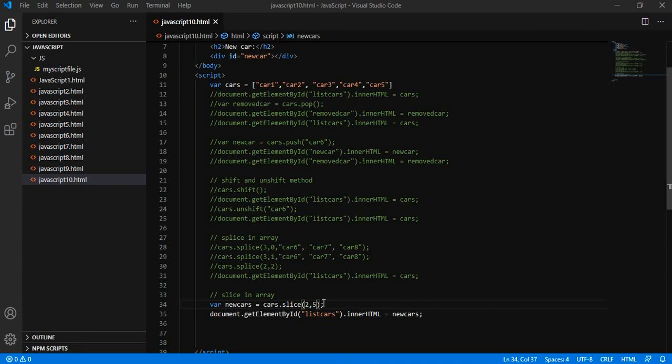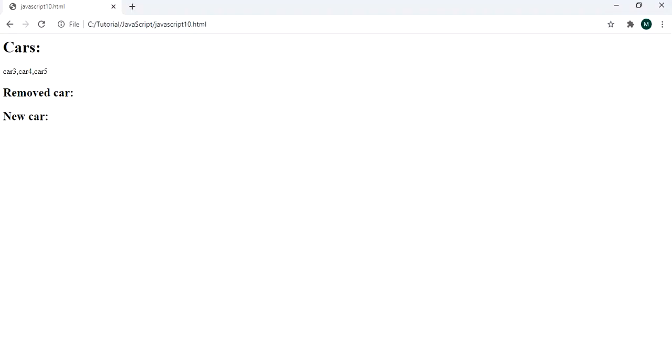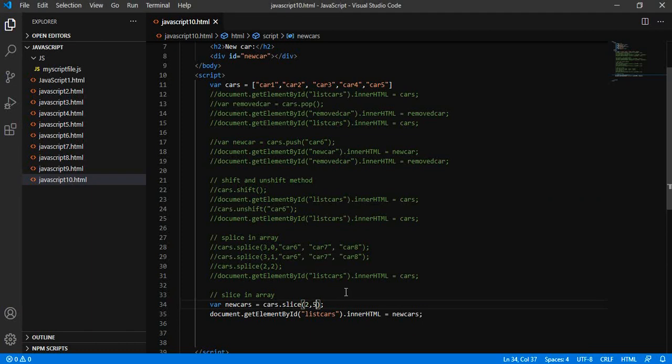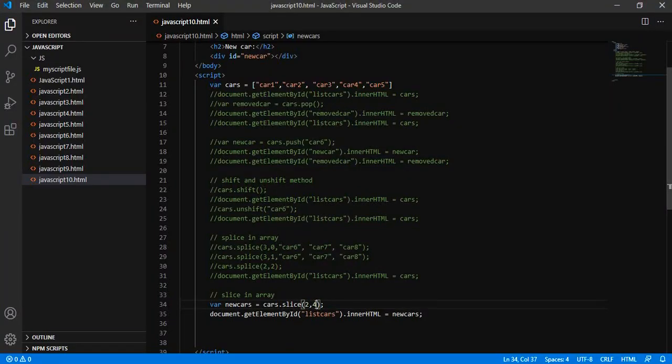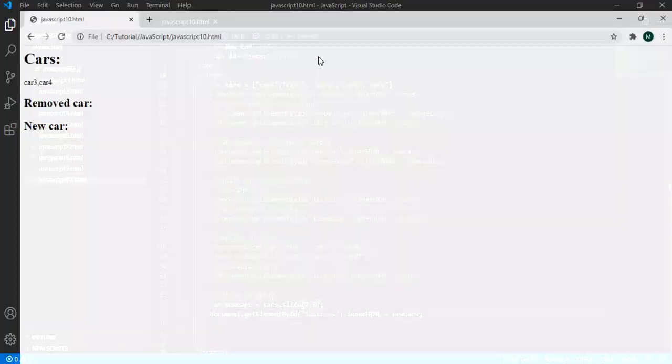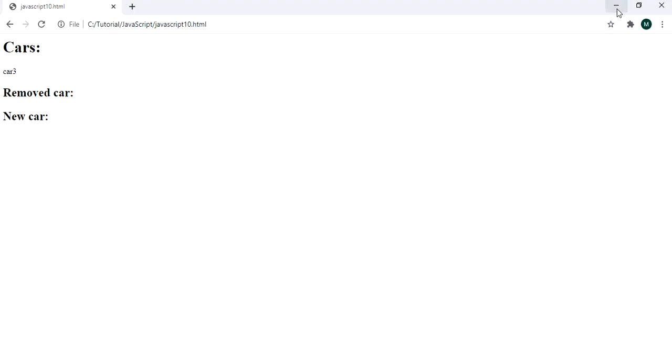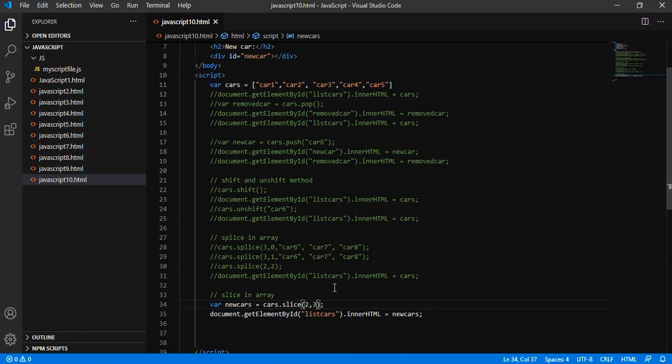So what we have seen: if I give 4, then it will take the 4 element but not include these 2 elements. If I take 3 but not include the starting 2, this is how slice will return you a new array that takes two arguments.